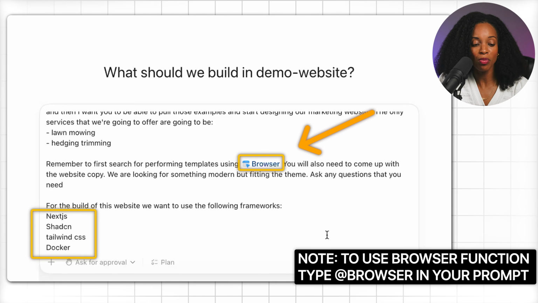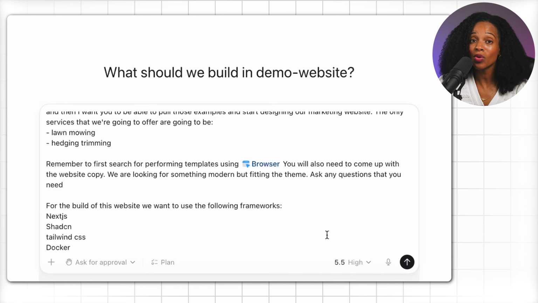Now you'll notice that the prompt has some technical things in there. Next.js, ShadCN, Tailwind, and Docker. Don't worry if this means nothing to you. That's just me telling the AI what to build the site with. You don't need to understand that. All you really need to know is that that's going to make it look more modern and professional once it's done. Now I intentionally narrowed the services to only 2, lawn mowing and hedge trimming, so that it doesn't invent